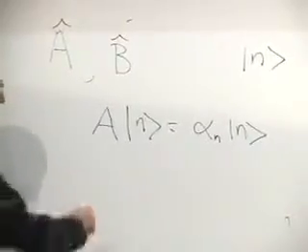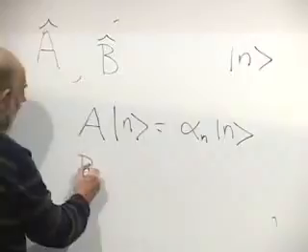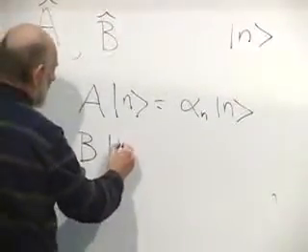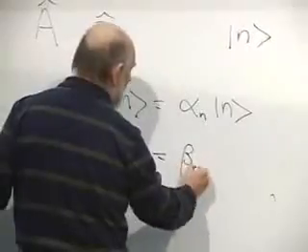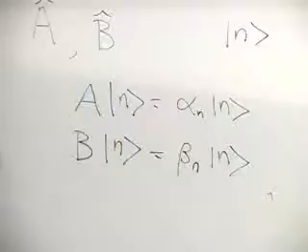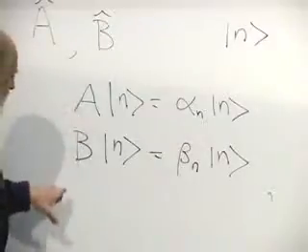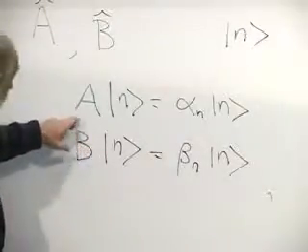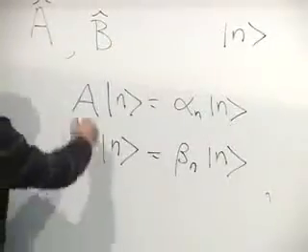But simultaneously, exactly the same set of vectors are also eigenvectors of B with eigenvalue, let's say, beta n times n. The question is, what are the necessary and sufficient conditions that two operators, A and B,